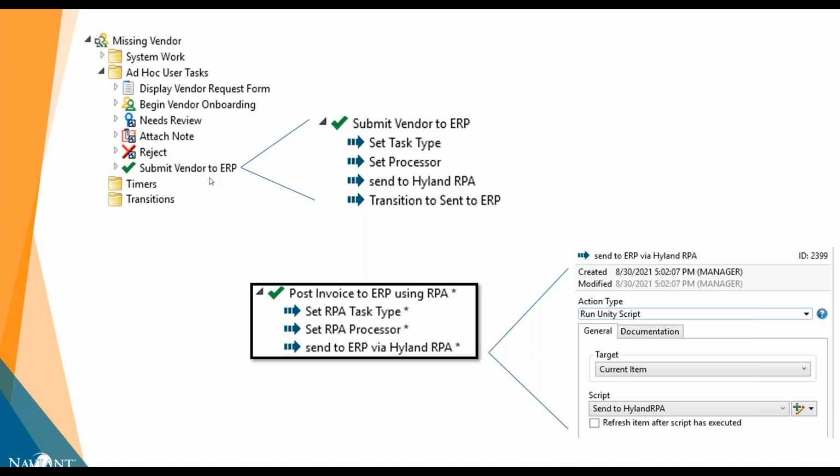And by the way, today I've shown you examples of RPA bots being initiated from ad hoc actions and workflow. And that's not really ideal. That just helps me from a demonstration perspective. What you really want is to have the bot kicked off automatically by the workflow. The workflow's automatic, the bot's automatic, and nobody has to do anything. And that's the way we're going to increase our automation levels in our workflows and get more work done.